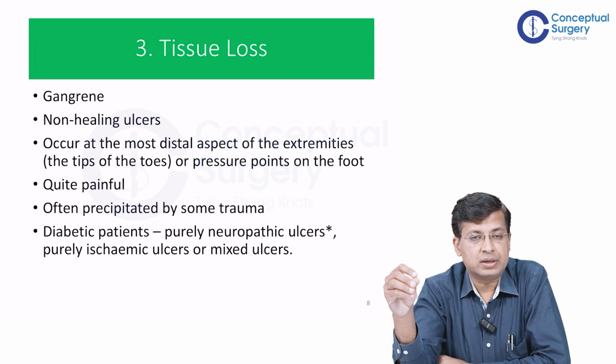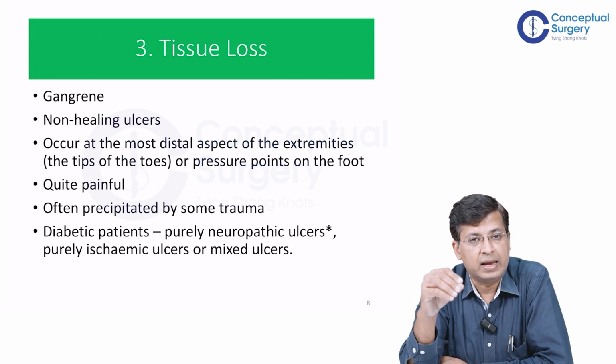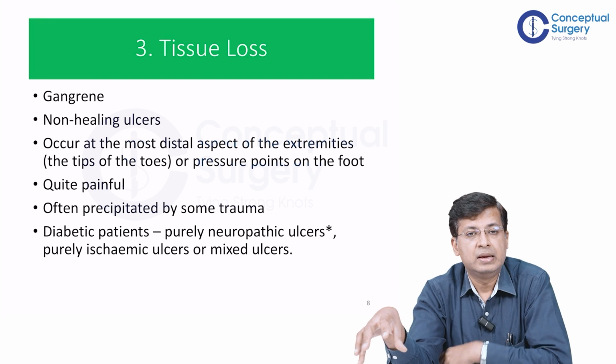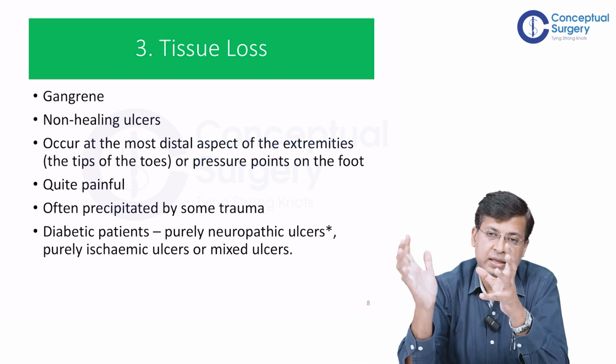The second way in which critical limb ischemia presents is tissue loss, which can be in the form of either gangrene or non-healing ulcer. And like rest pain, it will also occur not at the level where the muscle